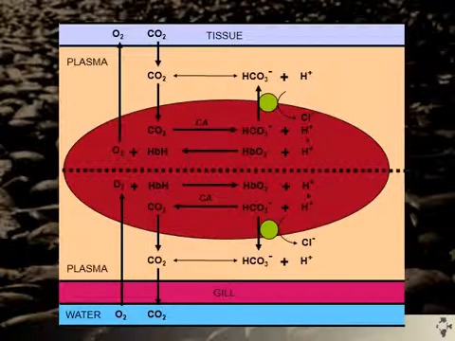Okay, so the Bohr and Root effect take place, resulting in dissociation of oxygen from the hemoglobin. That oxygen now does contribute to the partial pressures, or the concentration of oxygen dissolved in the intracellular fluid of the red blood cell and in the plasma, and so the oxygen diffuses down its concentration gradient into the tissues